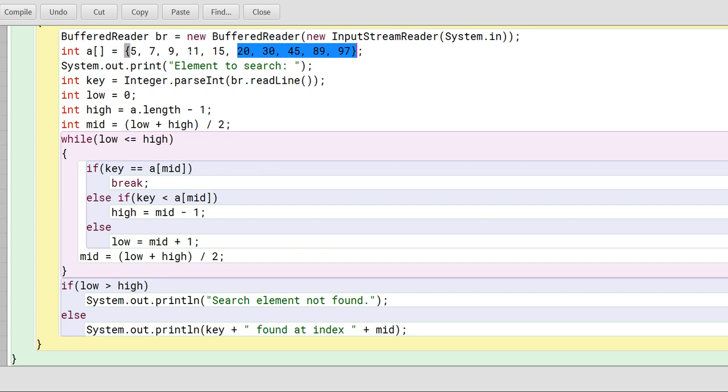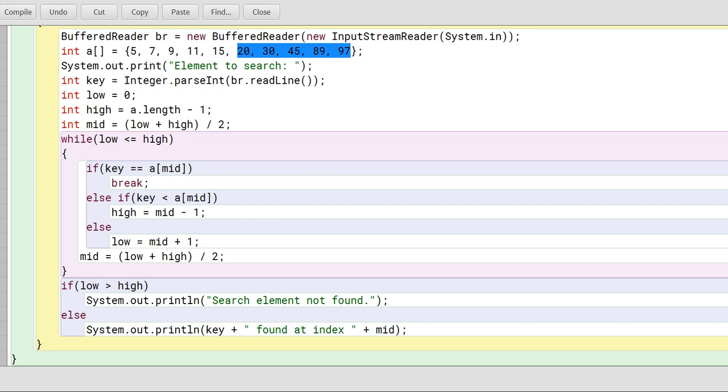For example, if your element is in the first part, then in the second iteration only this first part is checked and the rest will be skipped. This reduces the number of comparisons, so it will take less time.